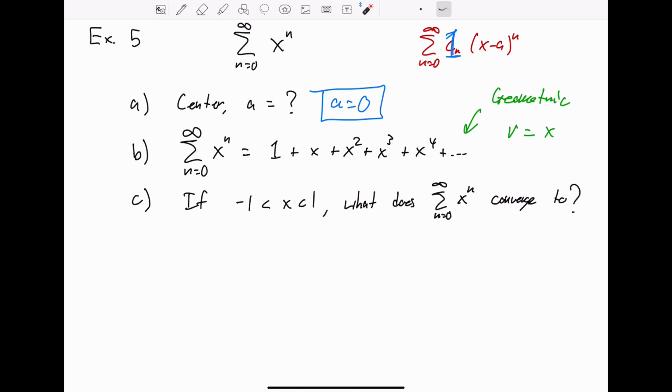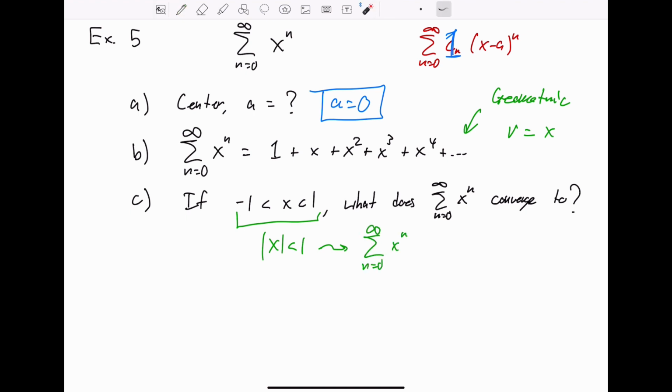One way that we could write this expression, -1 less than x less than 1, is as the absolute value of x is less than 1. These two expressions are equivalent. And this should look like the absolute value of r less than 1. Our common ratio is x. And if we're assuming that the common ratio has an absolute value less than 1, then we know the series converges. So if x is less than 1 in absolute value, this would imply that our series,